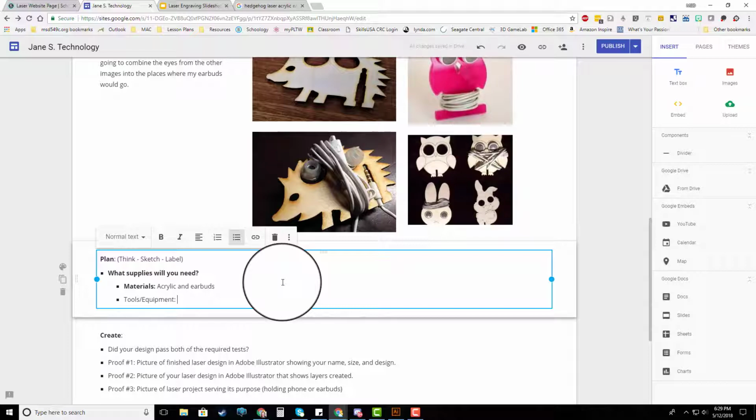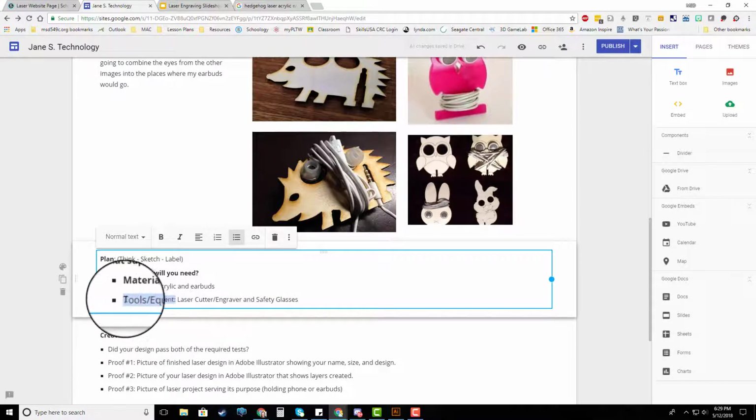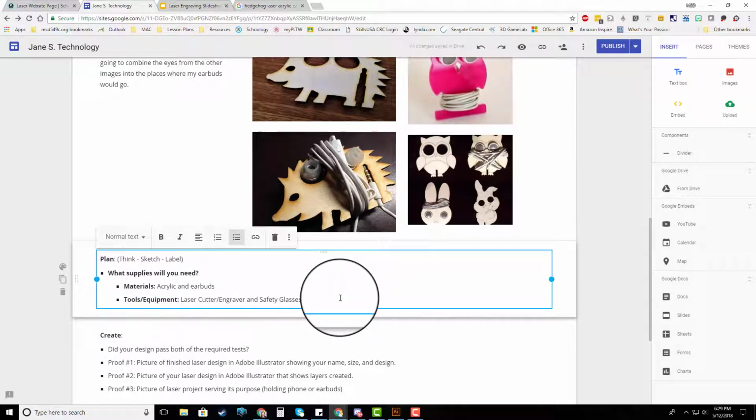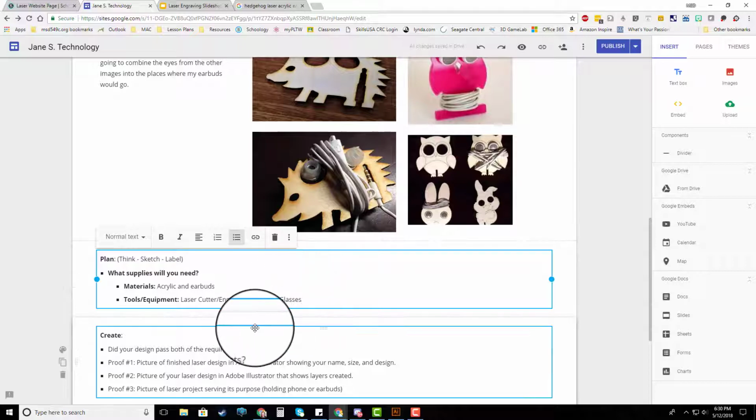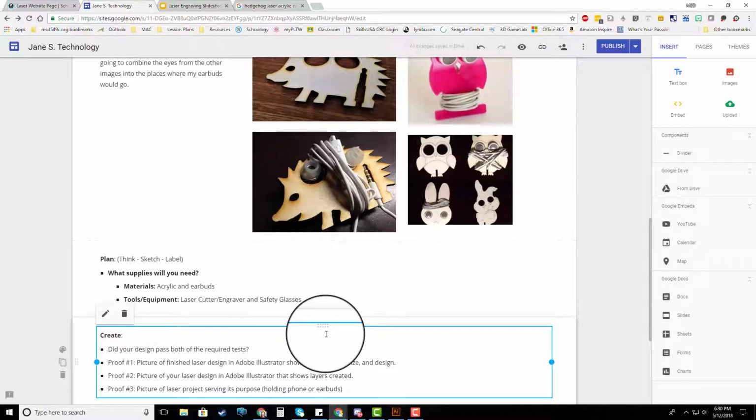For tools and equipment, it's going to be our laser cutter, whoops, slash engraver, and safety glasses. Those are the only 2 tools and equipment pieces that you need for this. And that ends that section right there. So this is where you would stop and go on over to Adobe Illustrator and start creating your design, which will be in the next video because we won't do these last 2 sections of the website until we have